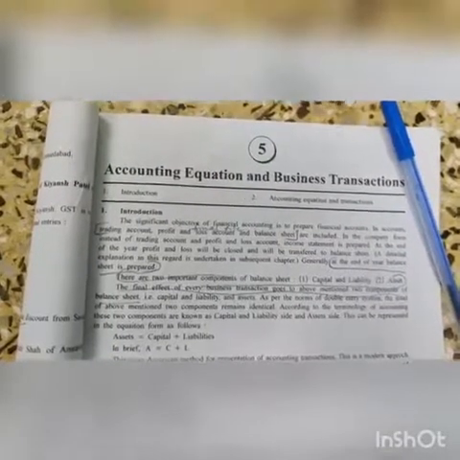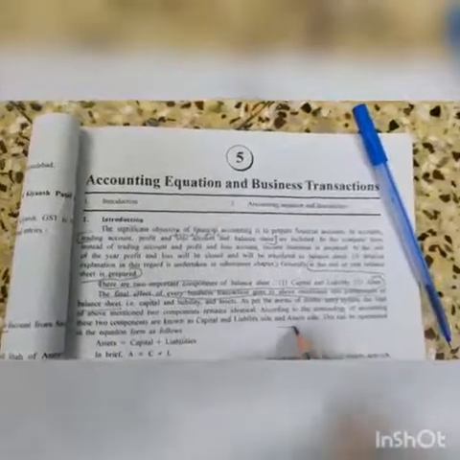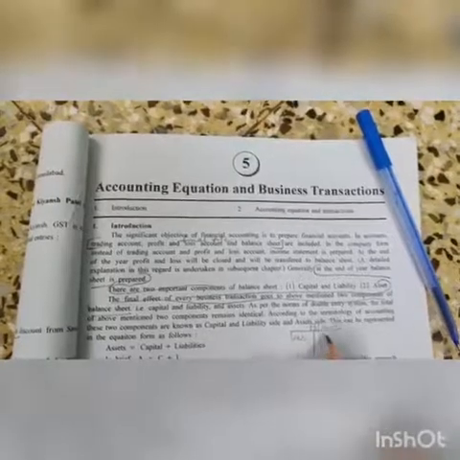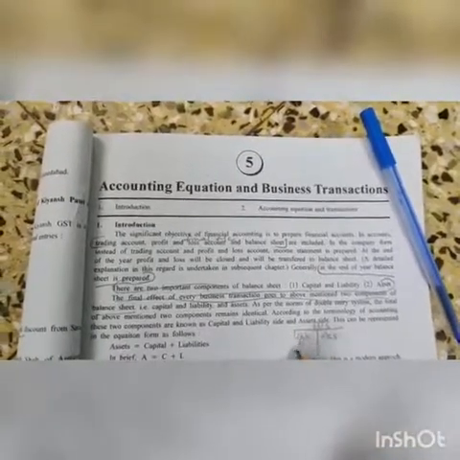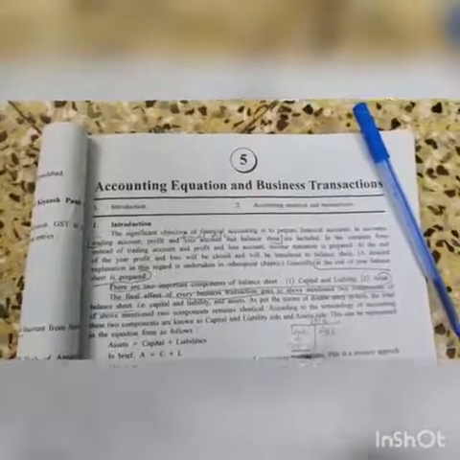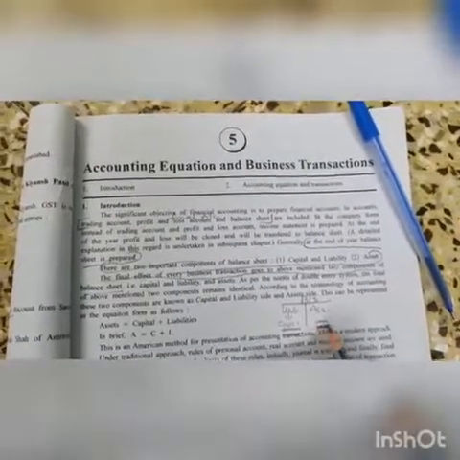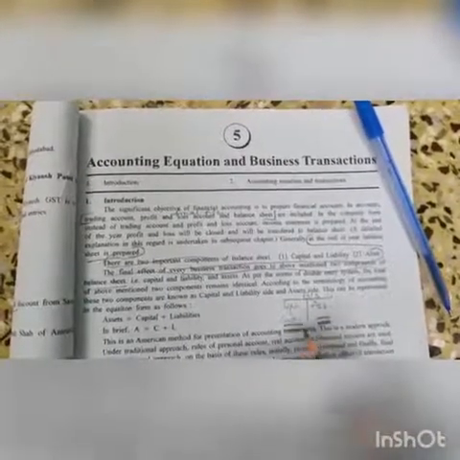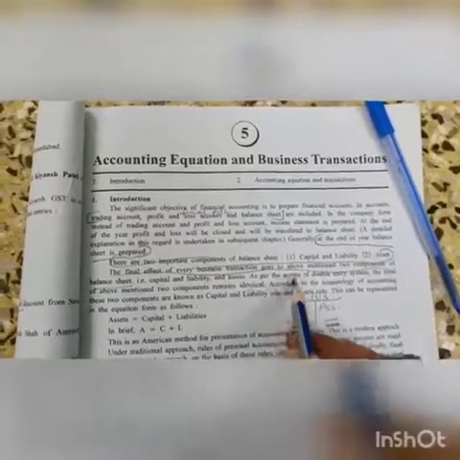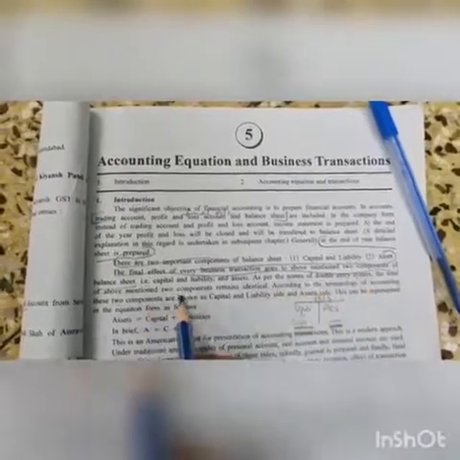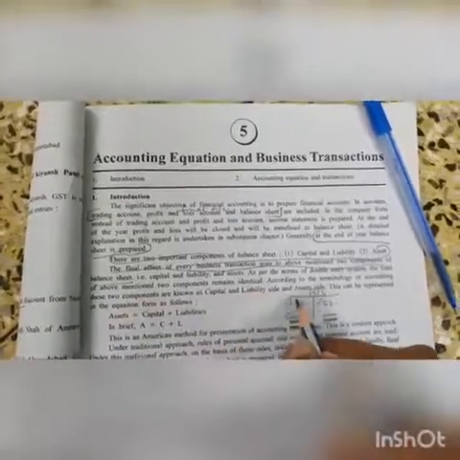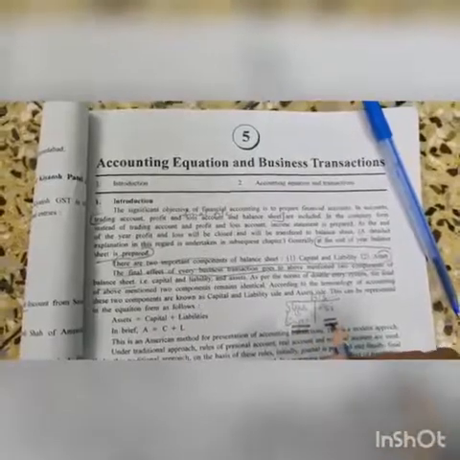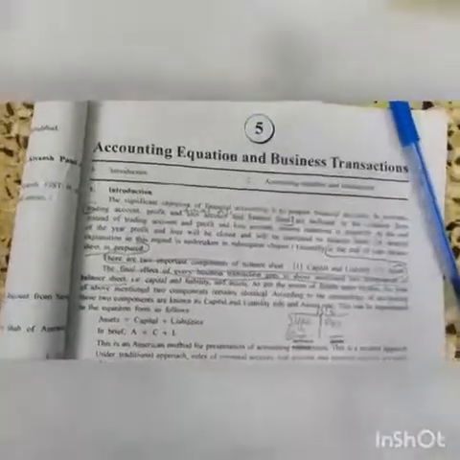This also you understand very nicely, that whenever you are preparing balance sheet, see this is your balance sheet. In balance sheet, this is your liability side and this is your asset side, and in liability we are recording capital. So here this total and this total is always identical. So the total of liability and asset in balance sheet is identical. It means it will be always same. So here they have told that as per the norms of double entry system, the total of the above mentioned two components remain identical. Clear? So liability plus capital, the total will be same, and the asset, the total will be same. So these two will be always same.